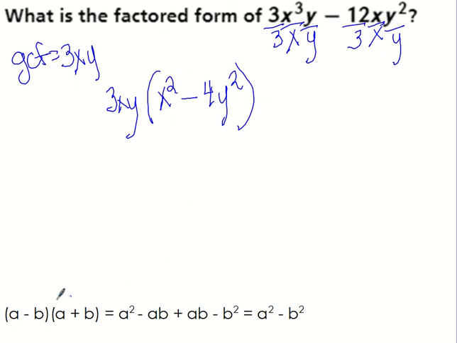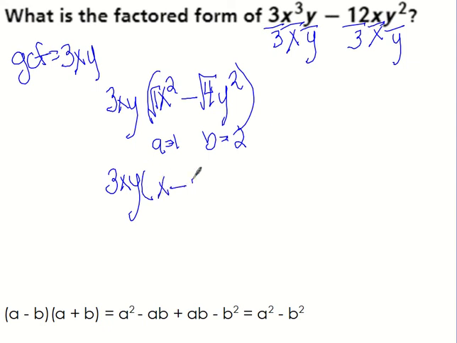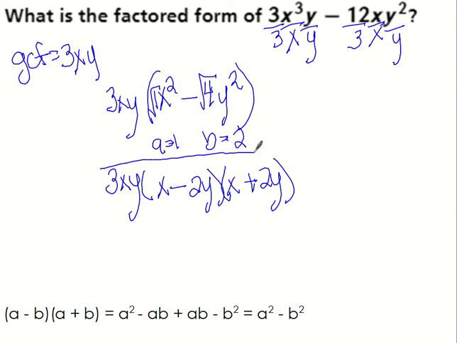Now I can check this to see if it's a special kind. So again, square root, this is like 1. So if I square root that, a becomes 1, and if I square root this, b becomes 2. Because I know the middle disappeared, just like this form here, and these are both perfect, I can just go 3xy, x minus 2y, and then x plus 2y. You can also switch these. It doesn't matter. The minus doesn't have to come first. As long as these match and one's minus and one's plus, it's this special case. Okay? So that's my final